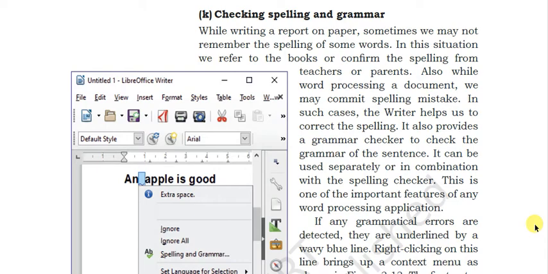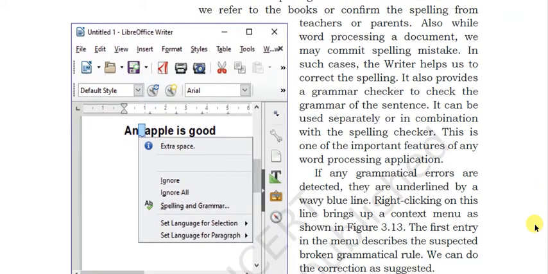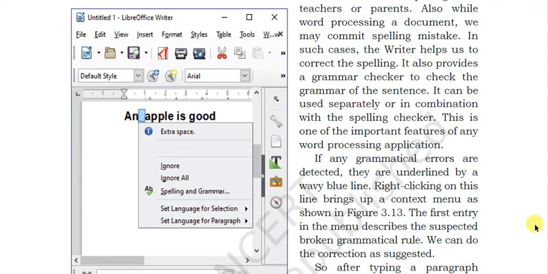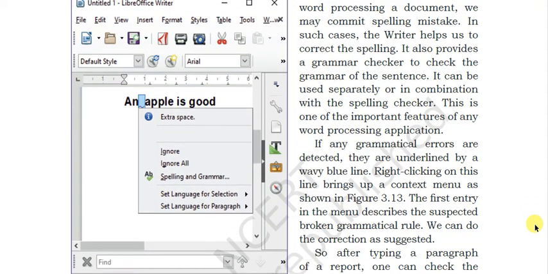Okay, so if any grammatical errors are detected, they are underlined by a wavy blue line like this. Okay, and when we right click on this blue line, we have a sub menu to select the actual action.